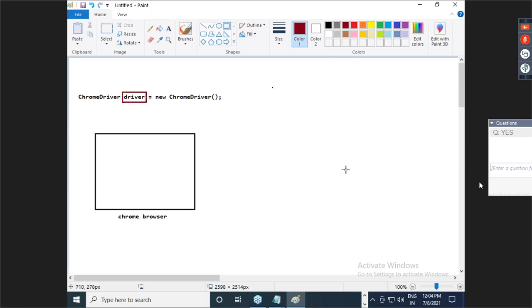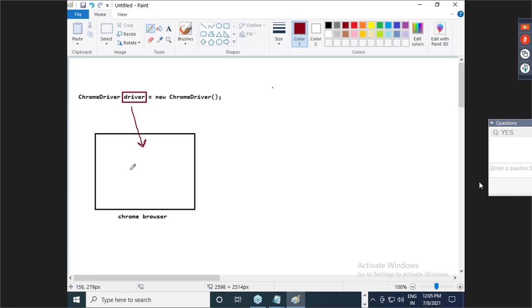So this is our driver. Whenever we run this code, the browser will launch. So can I say, guys, this driver reference is the medium to communicate with the browser? Can I say driver is connected with the browser? See guys, through the driver reference only we are operating: driver.get, driver.getCurrentUrl, driver.getPageSource, driver.getTitle. Everything is happening from driver dot only. That means, can I say driver is connected with this browser?